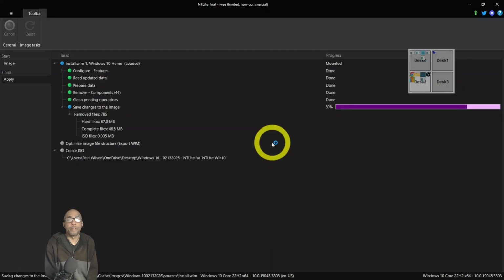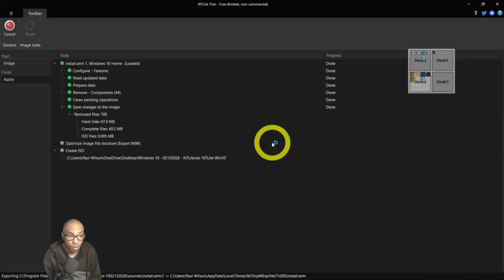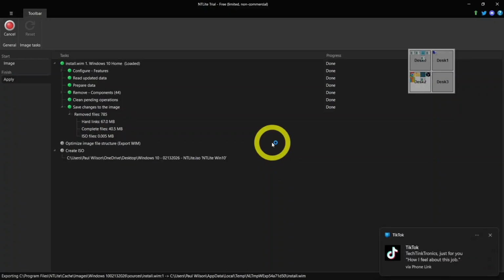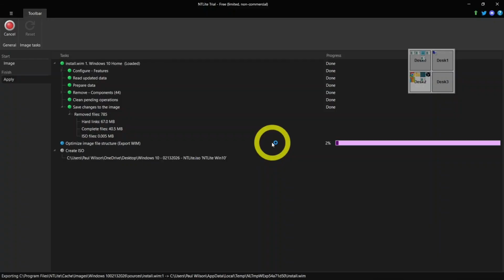Whatever your requirements are may be different. So what you might do will differ from what I do, but you have the options to try different things. And that's the beauty of virtualization. You could try different things, see what works and what doesn't work for you. And that's what we're going to do a little bit later. We're actually going to virtualize this ISO that we're going to make to see what we have. So you can see that it is currently exporting